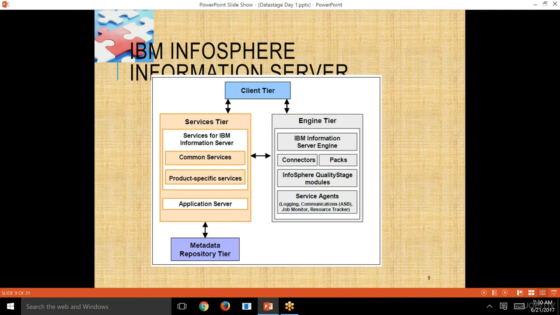Then the question comes: why do we have logging information in the engine tier and not in the service tier? The reason is that when you execute your job, you get a huge amount of logging information, like all the job execution, each and every step that happens, and every minute detail will be logged. If this logging agent were on the service tier, there would be constant connectivity between the engine tier and the service tier, wherein the engine tier would keep on pushing the logging entries